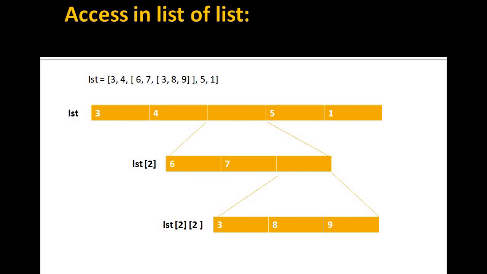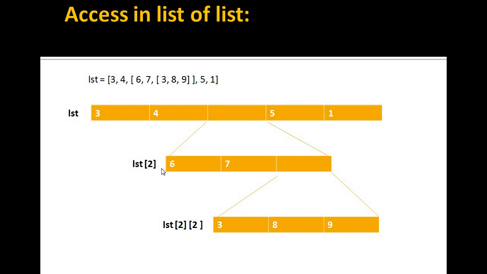Here you can see this list of lists in the diagram. You have a list of lists here. Suppose you want to access the whole list, you simply write the list name. It prints the whole list. If you want to access this sublist that starts from this square bracket and ends at this square bracket, you just need to write lst2 with its index. But if you want to access any of the values of this sublist, then you need to write lst2 and 0 for 6. So you have to write lst2, another square bracket, and 0.